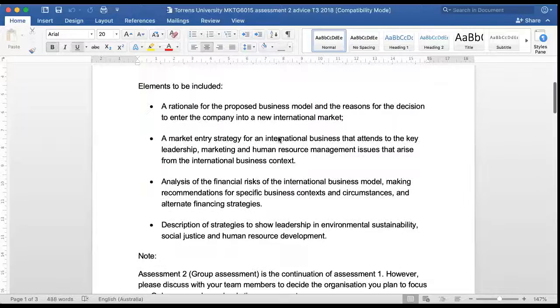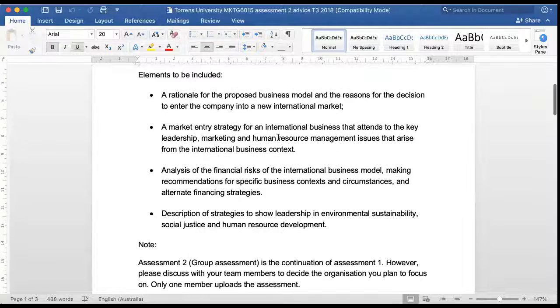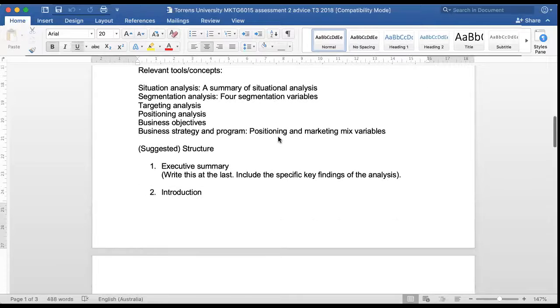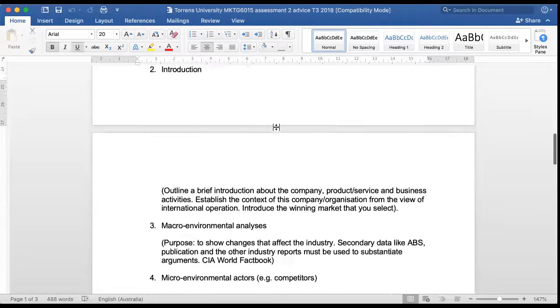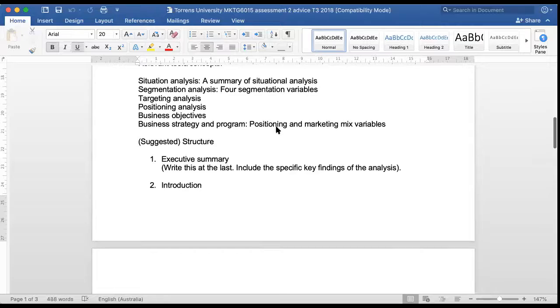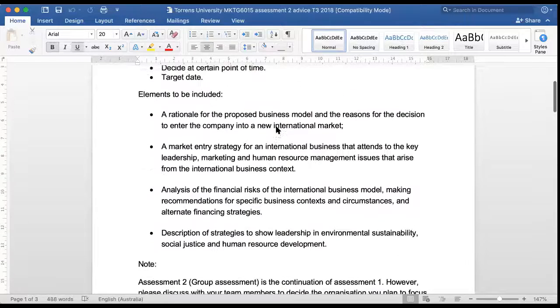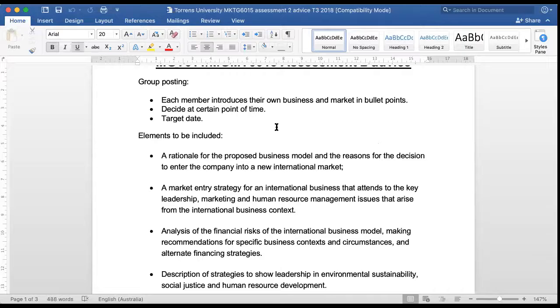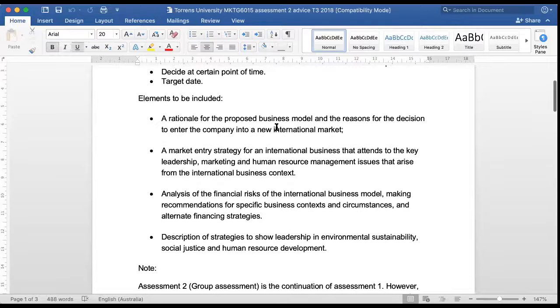Okay, so this is the assessment I've discussed so far. I'm going to take the opportunity to remind you about the assessment too. It is a group assessment. I would suggest that you decide the target date when you want to make a decision about